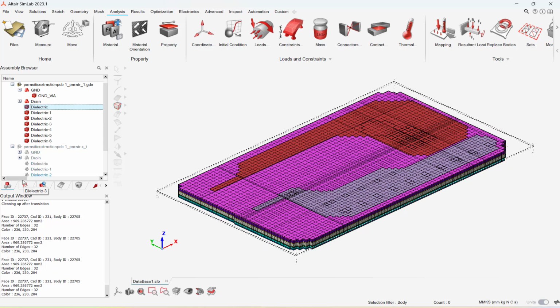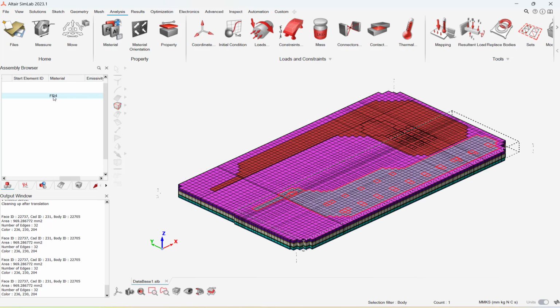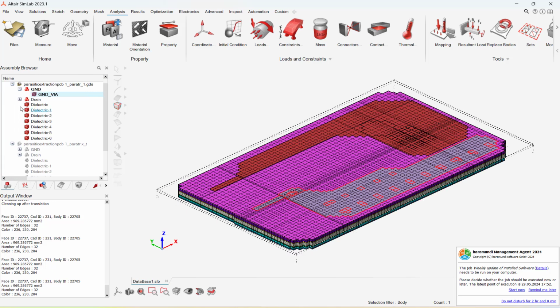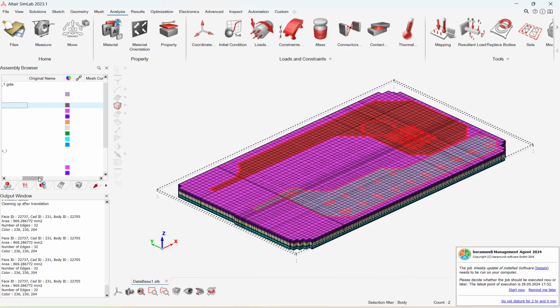To assign copper and FR4, go to Assembly Browser, select ground via, and move the cursor towards your right. You can see a material option here. Select the material as copper. Similarly, you can assign copper to drain by dragging towards your right.